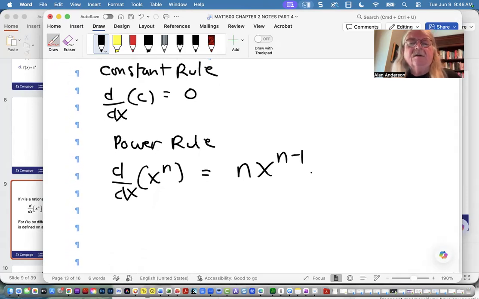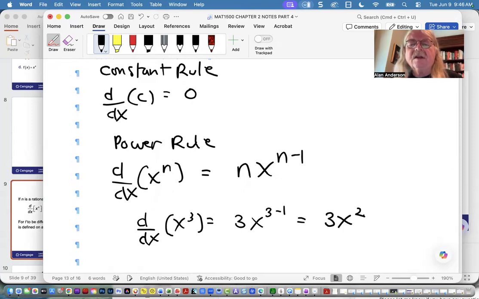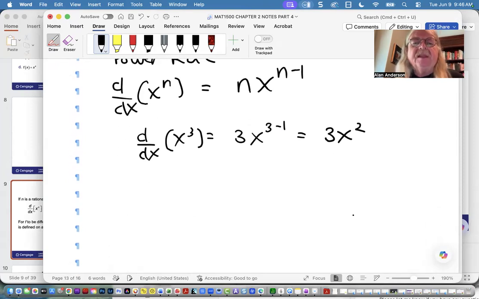Sometimes you have to be careful with it. It's easy to see what to do with x cubed. It's going to be 3x, and the exponent is 3 minus 1, which is, of course, 3x squared. But if you have just plain old x,